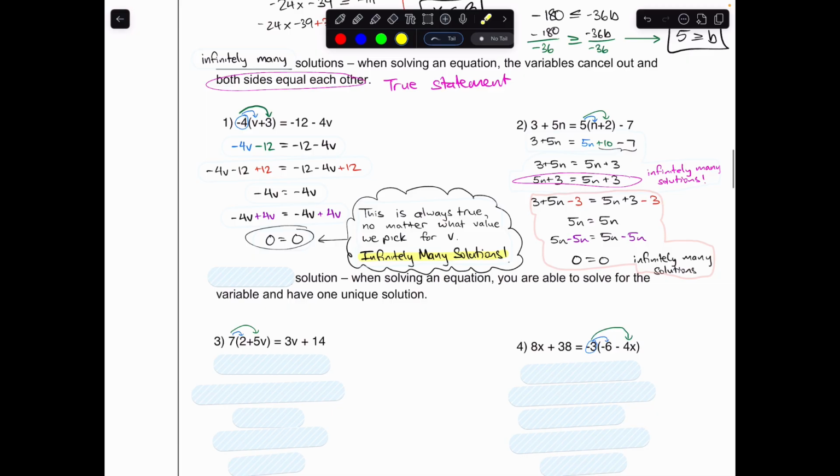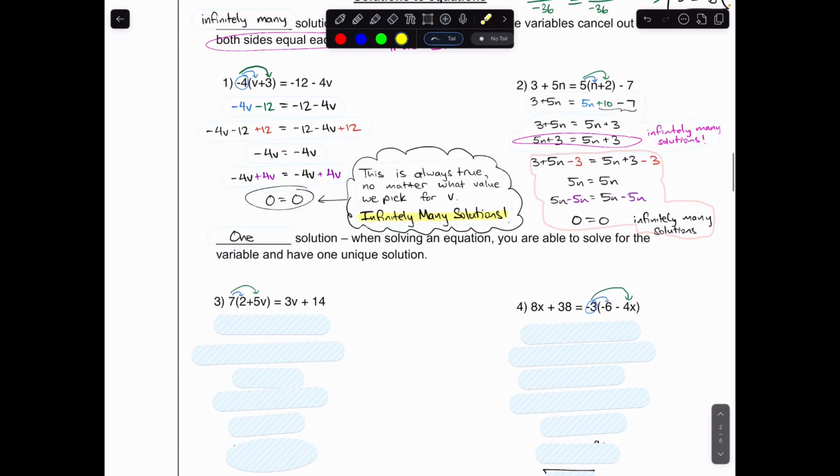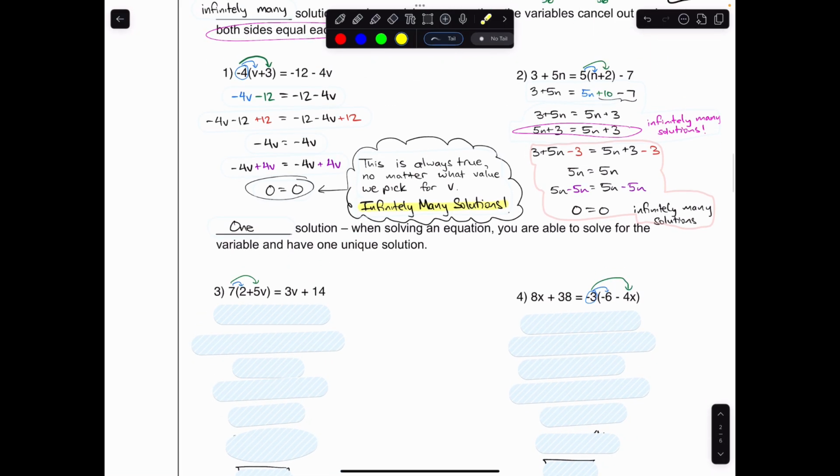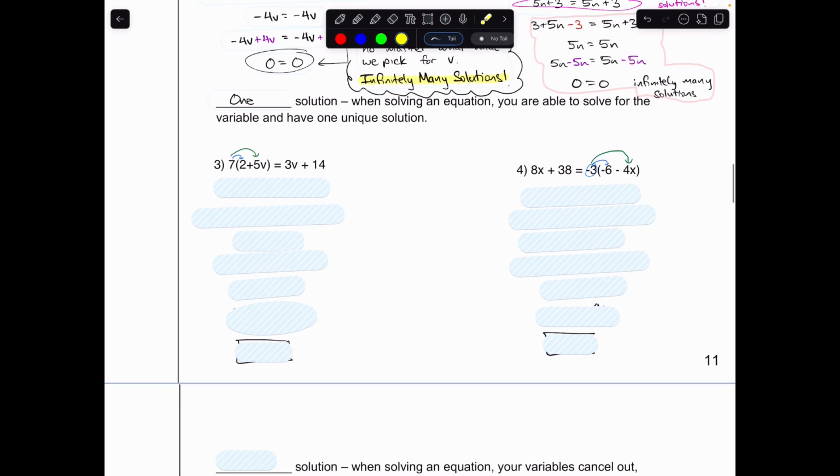All right. Another thing that could happen when solving equations is that you could get one solution. This case is what you saw in all of the problems in the last video, in 1.1. When solving an equation, there might be a unique solution. So here's an example. We're going to distribute the 7 to both terms in the parentheses. We can subtract 14 so that, we're trying to get the constant terms on one side. In this case,